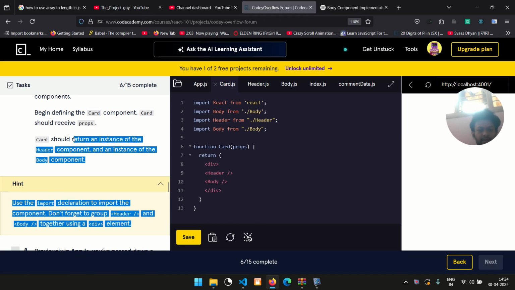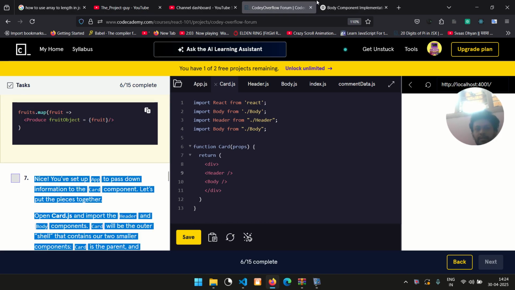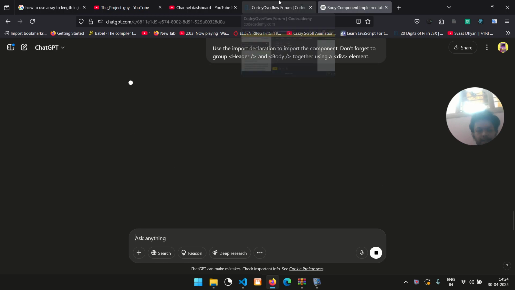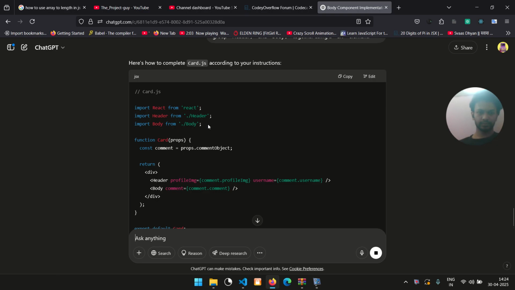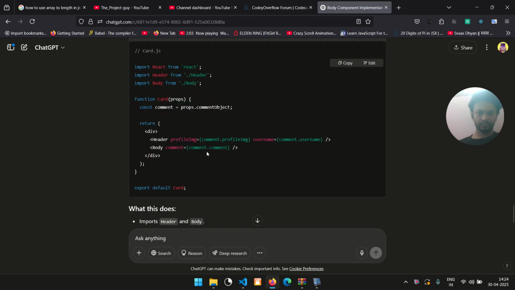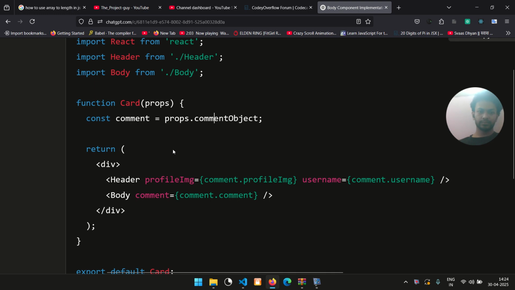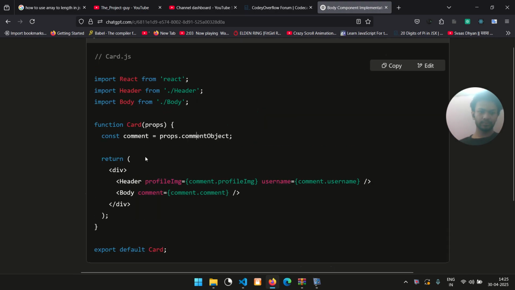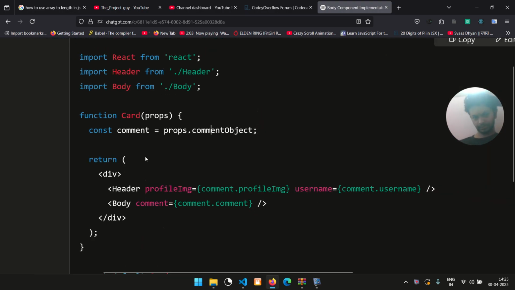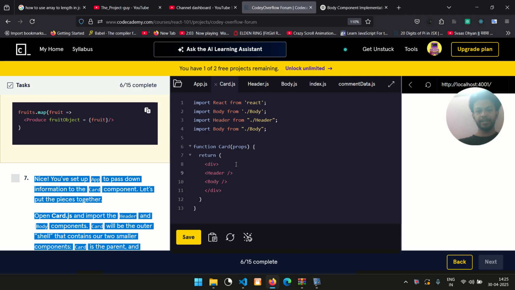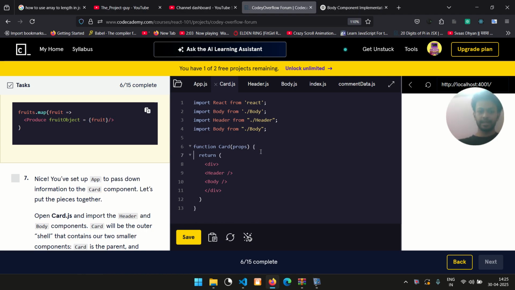Let's go with this one for now. Okay, so we have to define an intermediate thing in between, which would be like